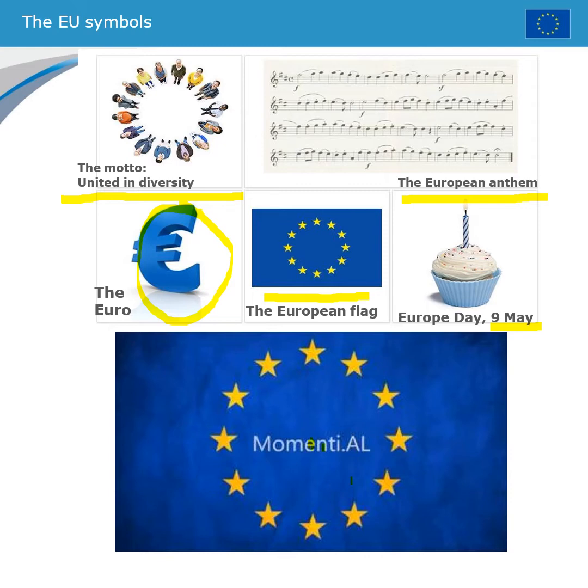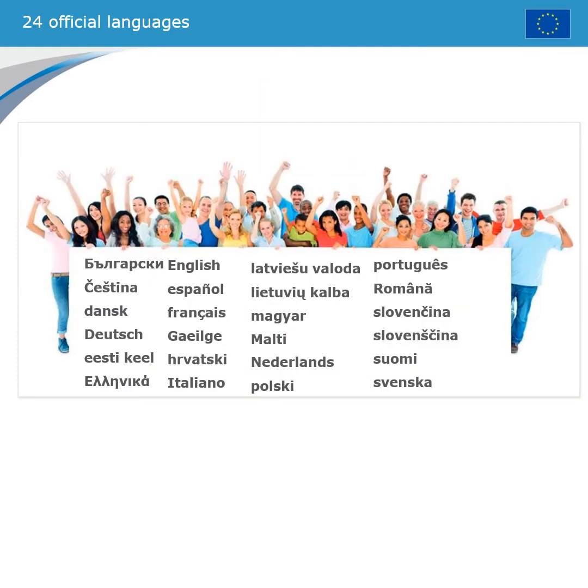The next slide is this one. It's on the languages. You have 27 countries in Europe, and those 27 countries speak 24 different languages. You have them all listed here, and all languages are equal in the European Union, which means that there is a huge translation service. In Parliament, you can hear all these languages, and they are being translated into all kinds of other languages by highly qualified professional interpreters.